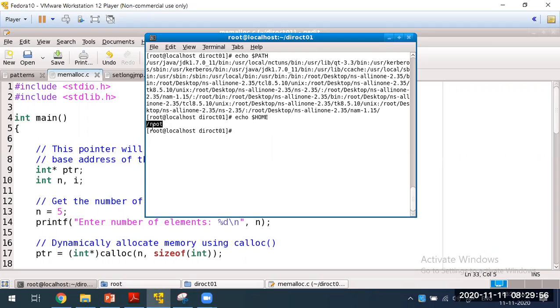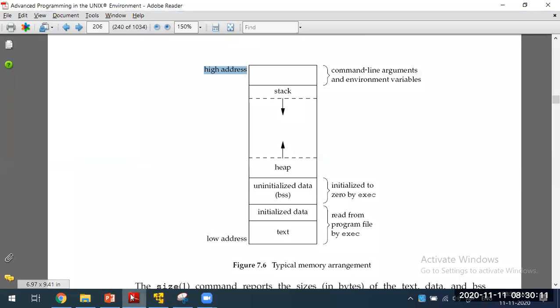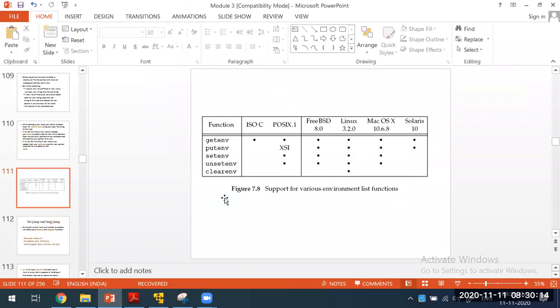If you want to change this, in the background, there should be a memory allocation. You have to increase the size of this. Whenever you want to increase the size, you have to do it dynamically. Dynamically means whenever you want to change, you have to use the dynamic memory allocation function, and then change it. That is some extra thing that you have to do. You cannot directly do it with the set environment function. You have to use the dynamic memory allocation, and then